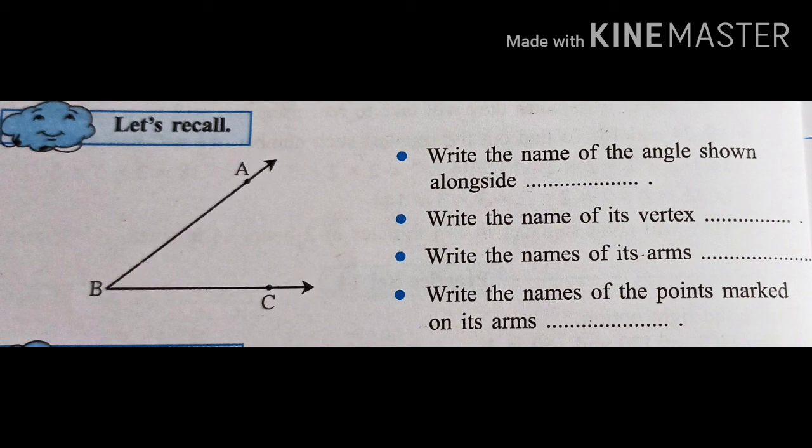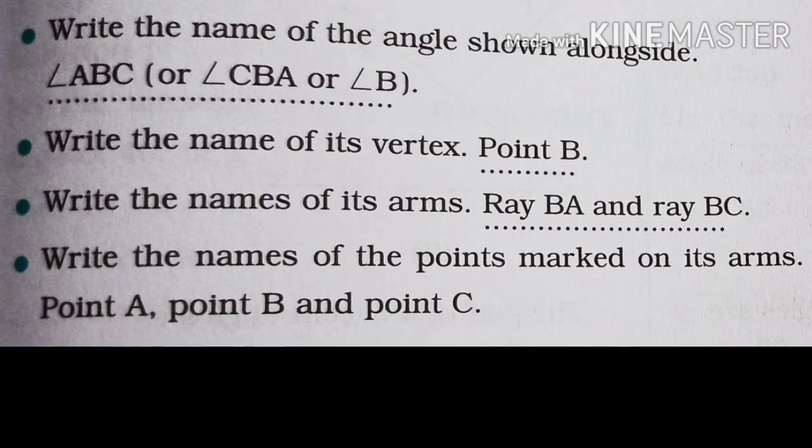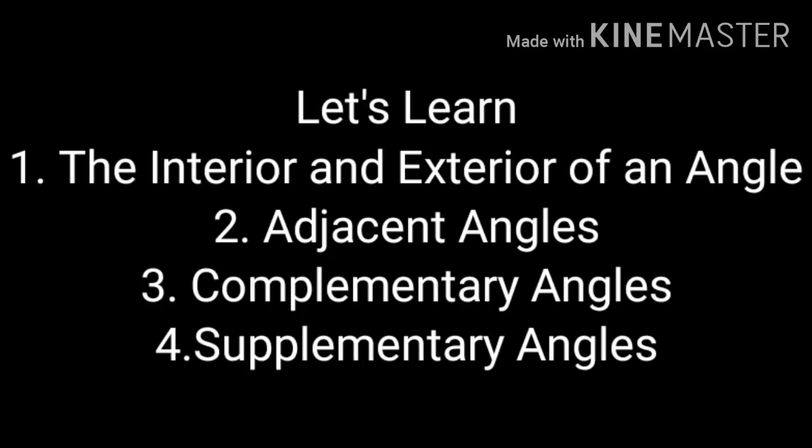Write the names of the points marked on its arm. The answer is point A, point B and point C. Now let's learn the following topics in today's class: the interior and exterior of an angle, adjacent angles, complementary angles